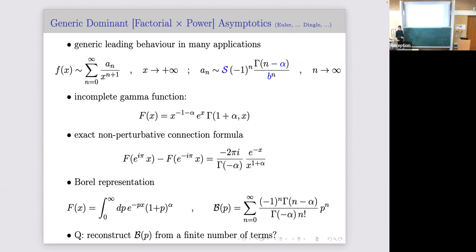Okay. Now, the question is, suppose you don't know that this is the Borel transform and you don't know that this is the actual function you're looking at. All you have is some finite number of terms in the expansion and correspondingly some finite number of terms in the Borel transform. Yeah. Just to be clear, that difference is you're analytically continuing it one way and then the other way. It's the jump. So imagine we only have a finite number of terms in this expansion. What can we learn about the actual structure? Can we learn this connection formula? What can we get?